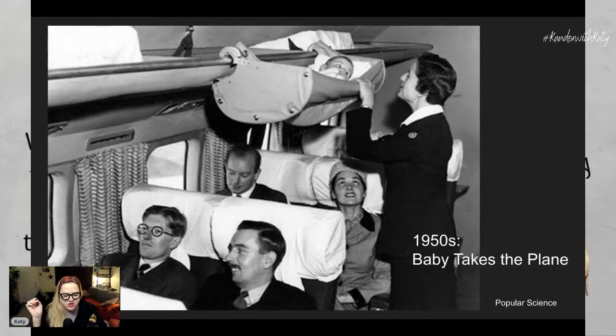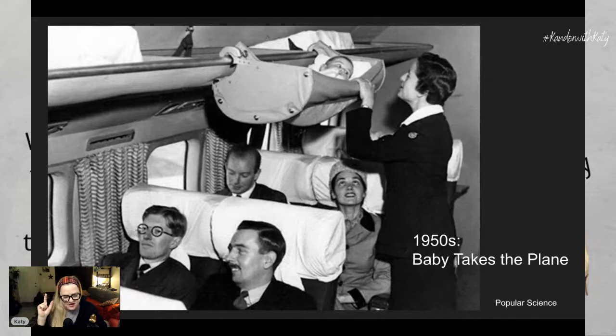So it says, a long plane trip with a lap-held baby is no fun for a mother. And British Overseas Airways Corporation decided to do something about it. The result? Well, demonstrated in the picture. It's called the sky cot.